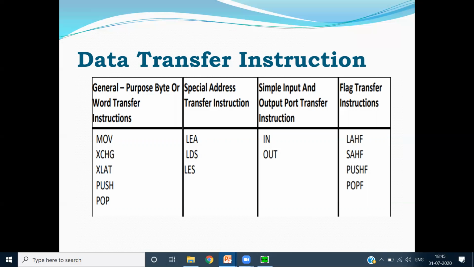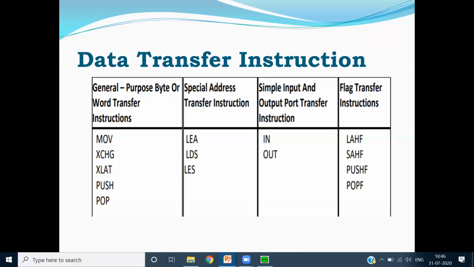Next is simple. If I want to communicate with any input output device, then I'll use the IN and OUT instructions. If there is an interrupt, I want to save the contents of the flag onto the stack, or I want to use the contents of the flag for some purpose.